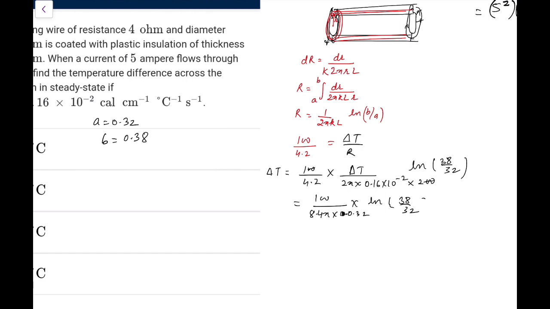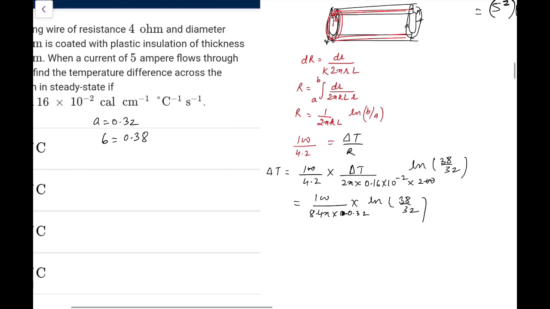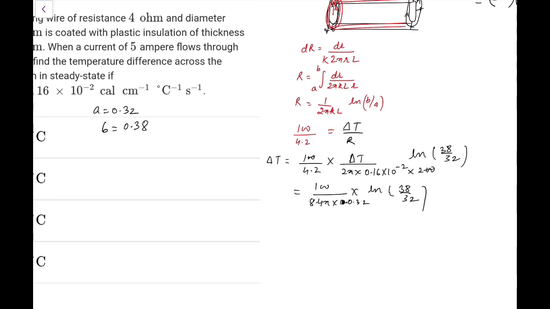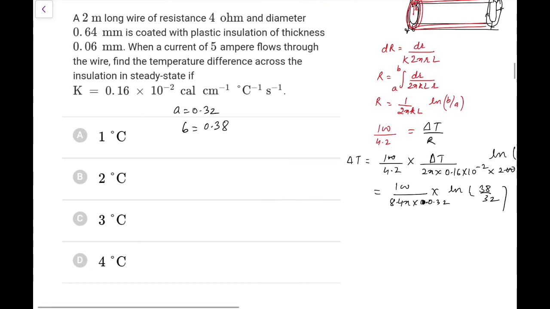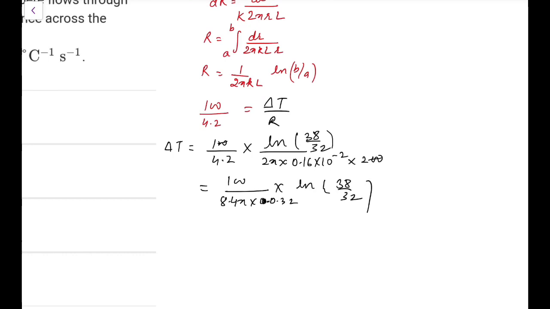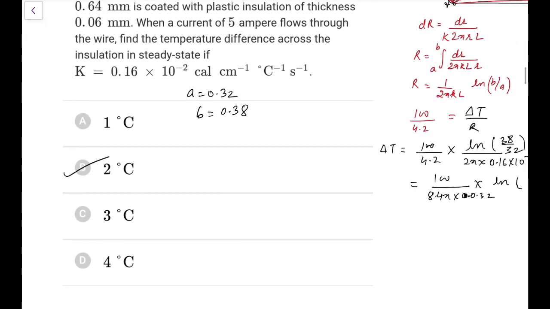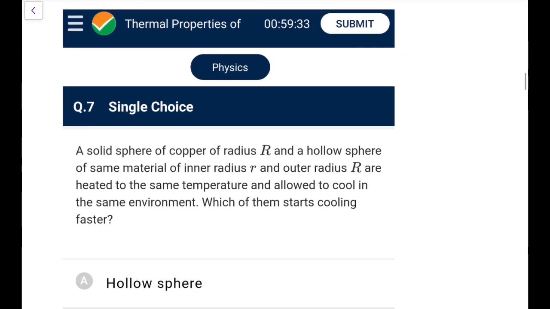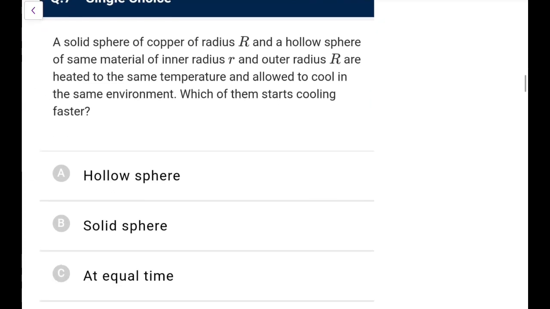Now it's going to be too tough for us to determine what it would be. It would be ln 1 point something, so I don't know how to write this, but this is how it is coming up. There's no hint, 38 is 19 into 2. I think we are not very much aware how to calculate this, so let's leave it. I am doing it by calculator, and let's check. So this was the result, and on solving it's coming out close to 2 degrees Celsius. It's too calculative, but the question is nice. It's actually a JEE one, not for the other examinations I suppose.